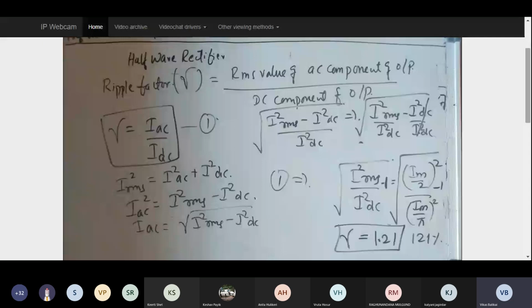So this way I would say that we have done the entire derivation set for my half wave rectifier. With this, we'll wind up today's session. The way we have done the derivation for my half wave rectifier, on the same line, we'll be doing the derivation for the full wave rectifiers also in my next class. So before you attend the next class, try to ensure you are thorough with some concepts about integration, the way we have done over here.